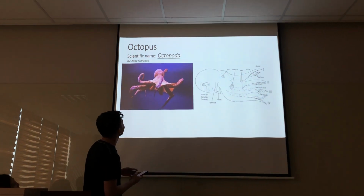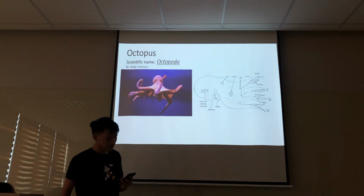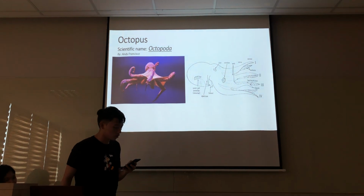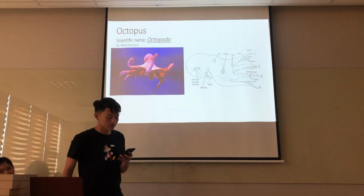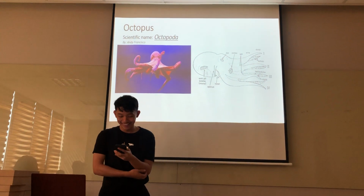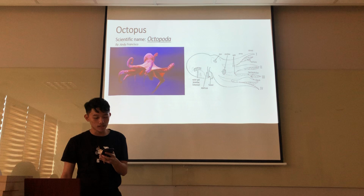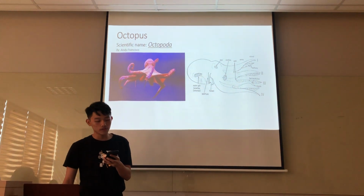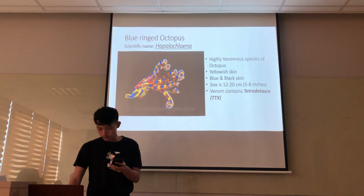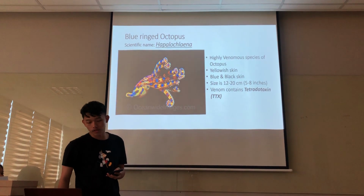Octopus, or scientific name Octopoda. The octopus is a soft-bodied, eight-limbed mollusk of the order Octopoda. Around 300 species are recognized, and the order is grouped within the class Cephalopoda with the squids, cuttlefish, and nautiloids. One example is the blue ringed octopus, or scientific name